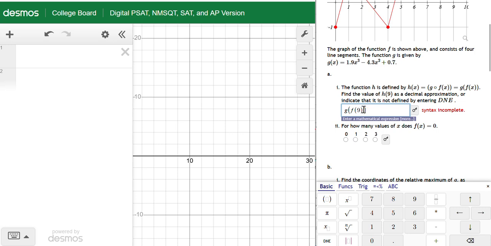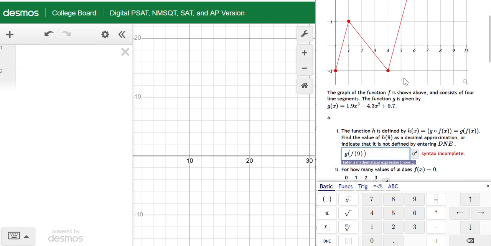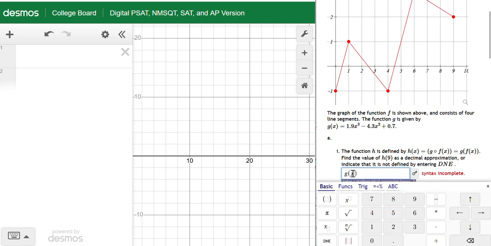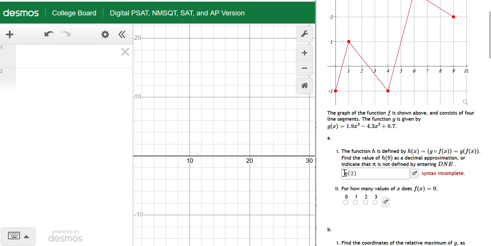And so if we work on the inside function first, f of 9, we can come back to this graph right here, and we look. An input of 9 gives us an output of 2. So we can replace f of 9 with its value 2. This now allows us to work with the outer function g, which is based on this equation, and we can